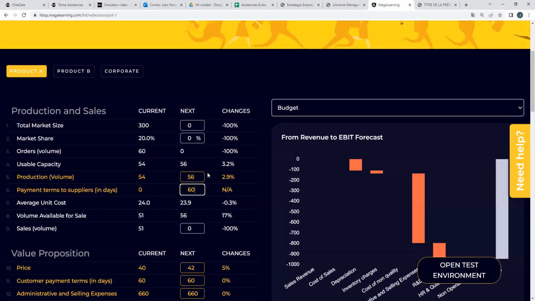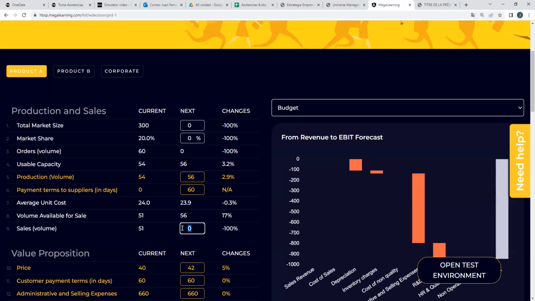The only white boxes are assumptions. The only one that is going to be important is this one. Because with this one, you are going to be able to understand how many products you have in inventory. This is going to be important in order to calculate the income that you are going to expect to have. For example,